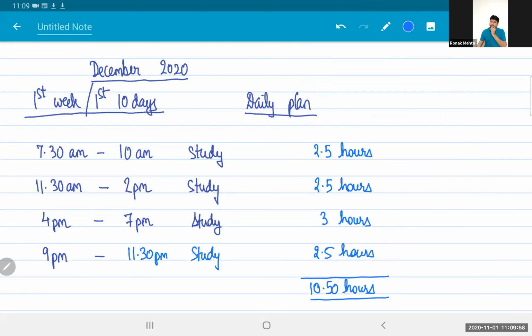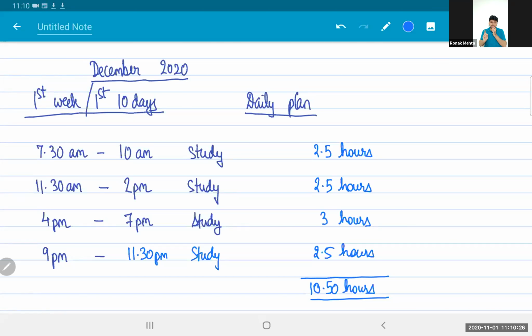CFNL studies are much taxing on you. CFNL studies are much theoretical. And so when you study from 7:30 in the morning to 10 o'clock, it is in terms of a clock 2.5 hours, but the output will be roughly 1 hour 45 minutes or 2 hours. There will be lapse of concentration, something that you'll have to read again and again to understand. So you will have some normal loss.